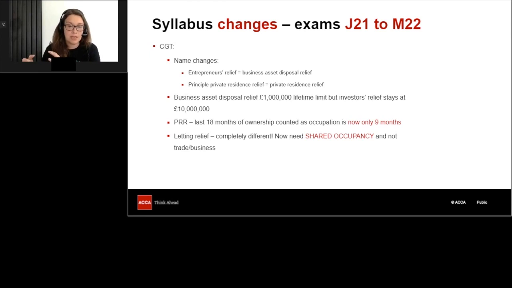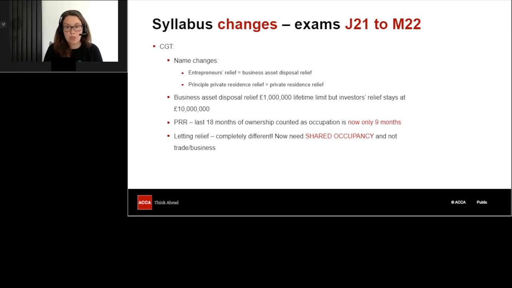So the actual determining of how much you can claim is the same, but the scenarios to which it applies are completely different. So this is definitely an area that you want to do some question practice on. I've actually got another short video just to show you which works through an example of that.